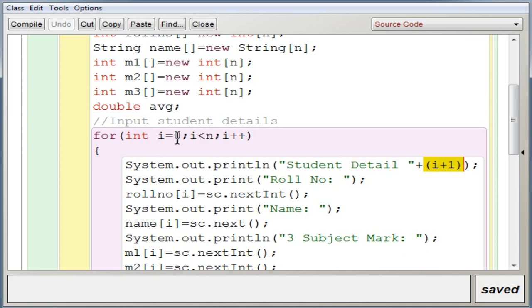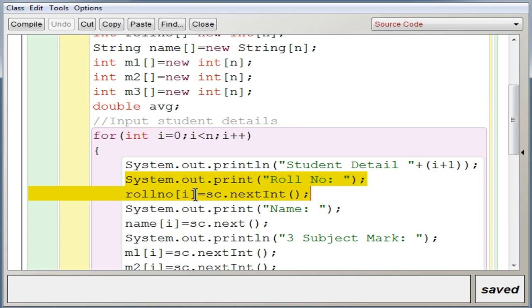The i value for the first student will be 0, so you want to count from 1. So it is given as i plus 1. It will be displayed as student detail 1 and student detail 2, and it goes on like that according to the input. Now you are going to input the roll number.